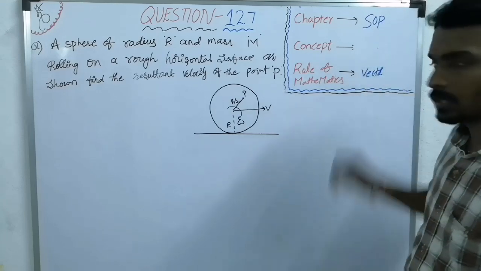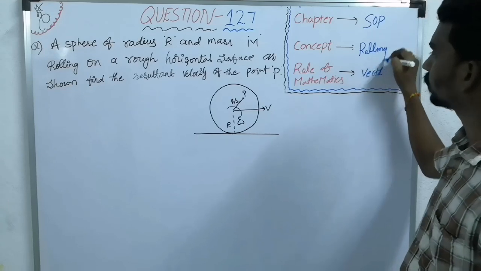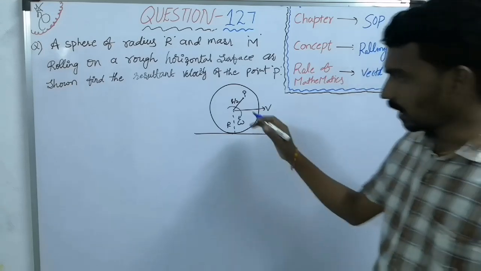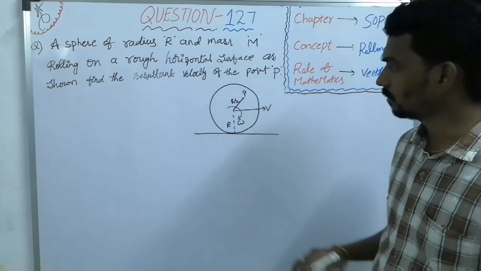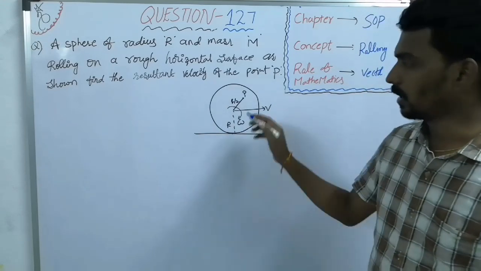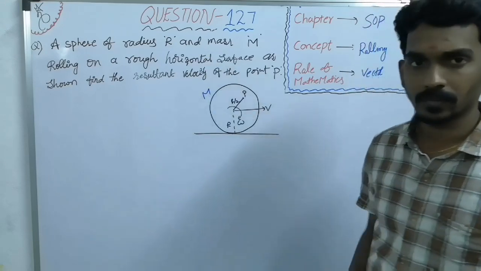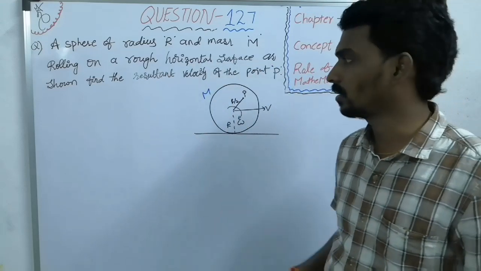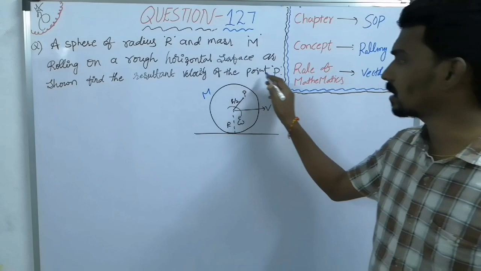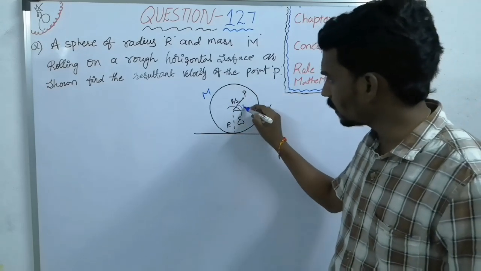Let us discuss a question related to rolling motion. Rolling motion on a rough horizontal surface. Consider a sphere of radius r and mass capital M rolling on a rough horizontal surface as shown. Find the resultant velocity of the point P, which is at a distance r by 2, and this angle is